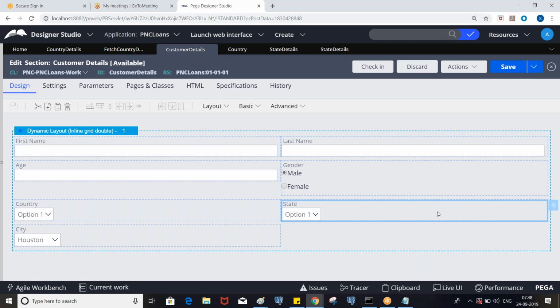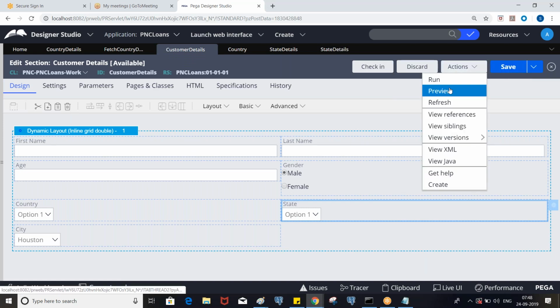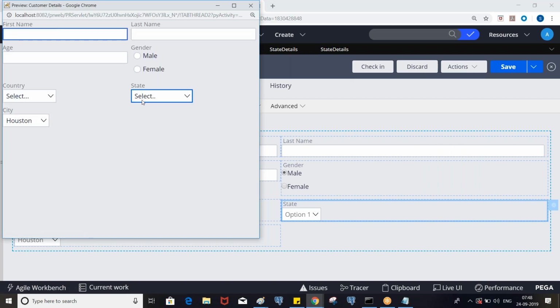Okay, and you can remove the local list values. So now you see the list of states are displaying. So list of countries are displaying, list of states are displaying.